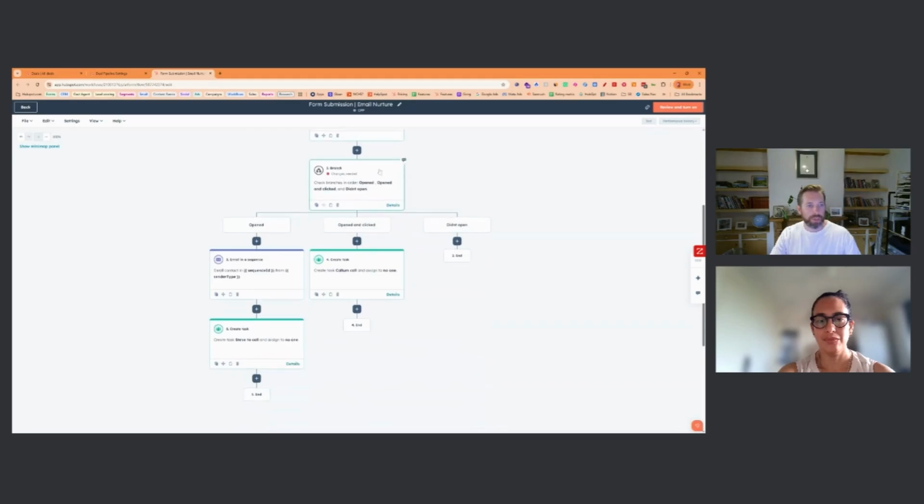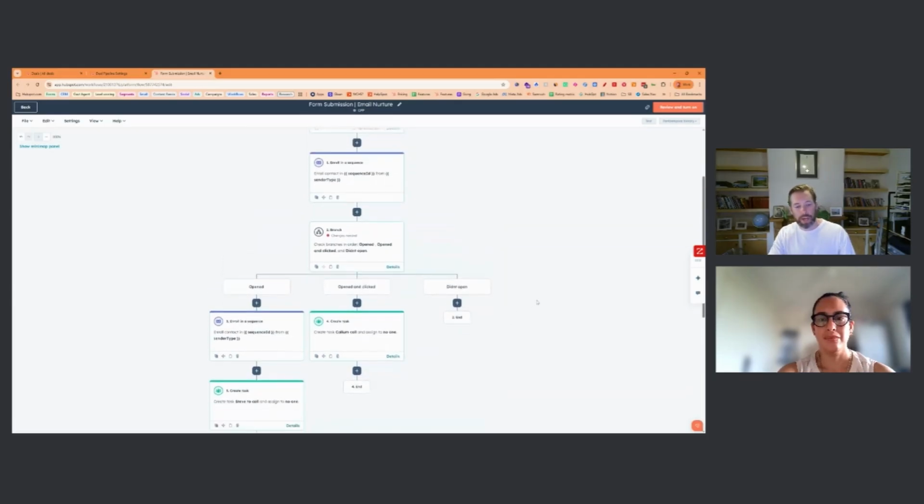And then we can do all sorts of interesting things like, for example, some branch logic here. Maybe if they've opened the email, we want to send them down a specific journey. Or maybe they've opened but they haven't clicked on the credit guide. Maybe we want to set a task for someone to give them a call, or maybe we want something completely different again. And we can even go as far as enrolling them to see certain ads online. Maybe they've inquired, we've tried to reach out to them, they haven't responded, or we haven't been able to get in touch with them. Maybe we want to now expose them to some ads on Meta about our business